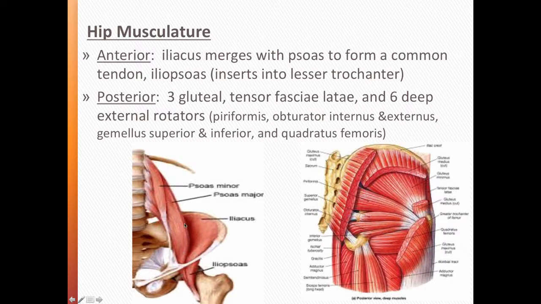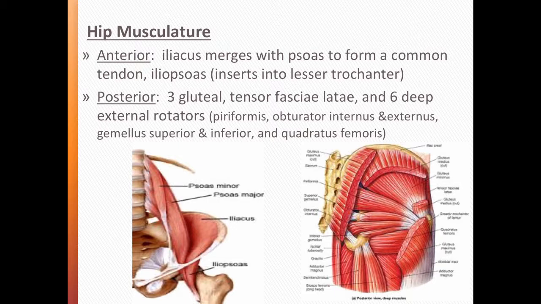And then the psoas major goes up and attaches to the lower vertebrae of the back. So it is a hip flexor. It also will cause some hyperextension to occur in the lumbar spine. This is the reason that doing full sit-ups typically is bad, because we're pulling on the lower lumbar vertebrae as you're flexing the hip as you're coming all the way up. So if you have somebody that has some back issues, you definitely don't want them putting pressure on those lower